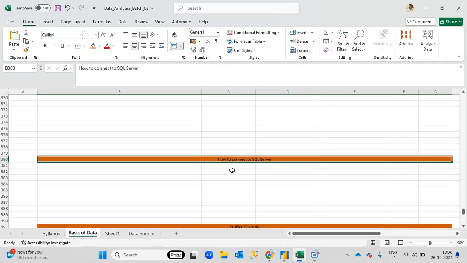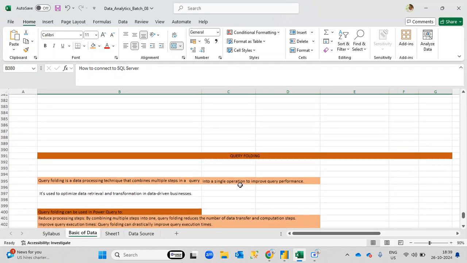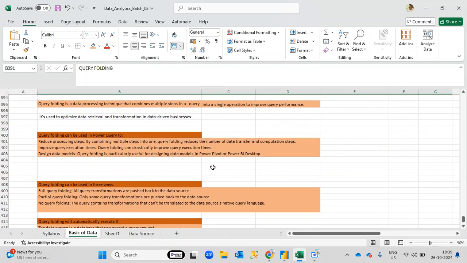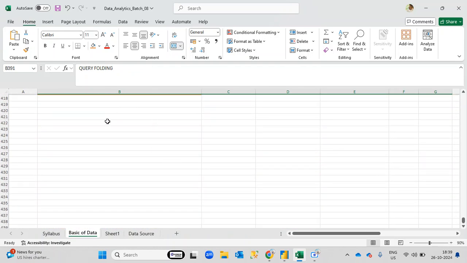Then after that we'll see how we can connect our Power BI to SQL server or any of the database like Oracle, Azure SQL, MongoDB. Yeah, all these. Now then we're going to understand at the last what is query folding. This is important topic, so I kept at the last. Once this is done, we'll have